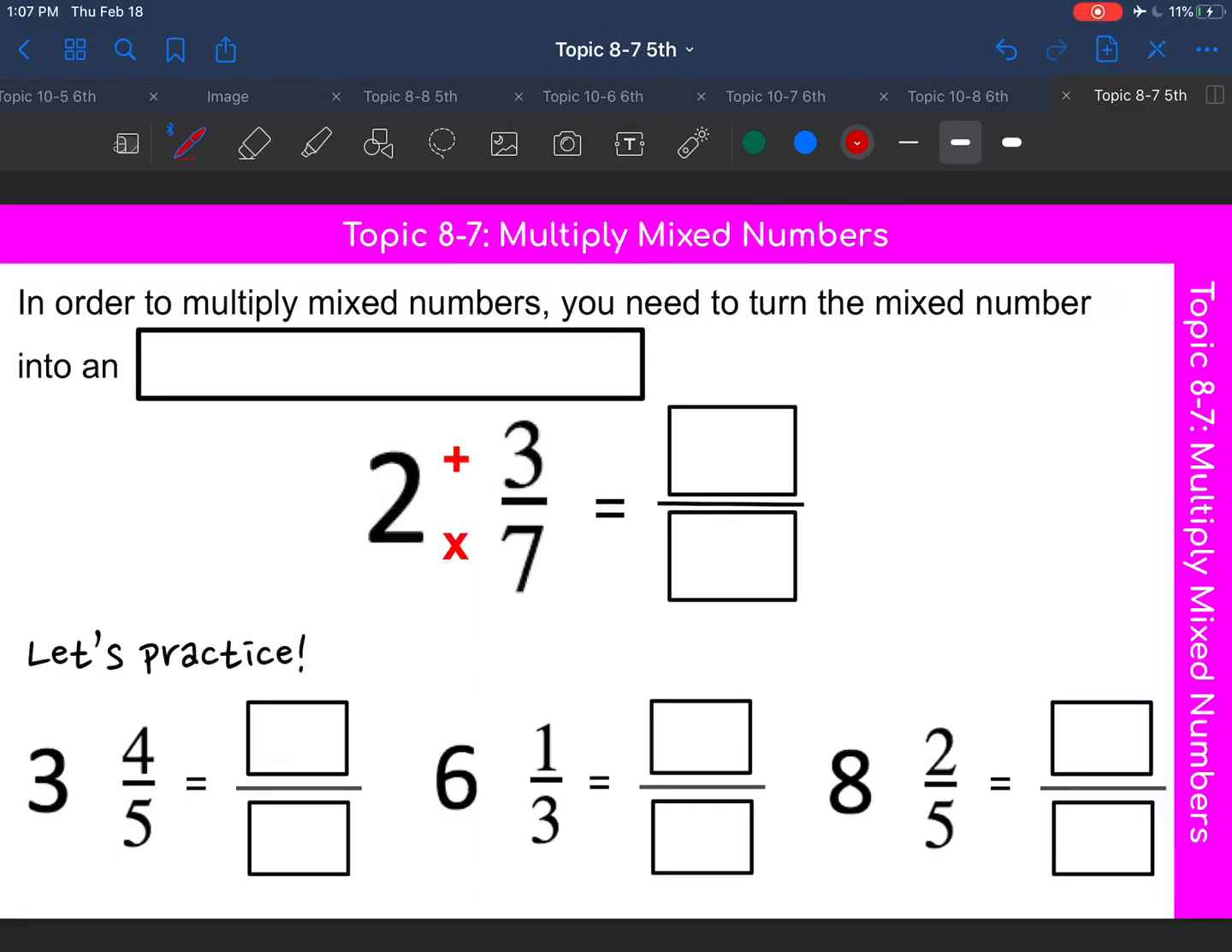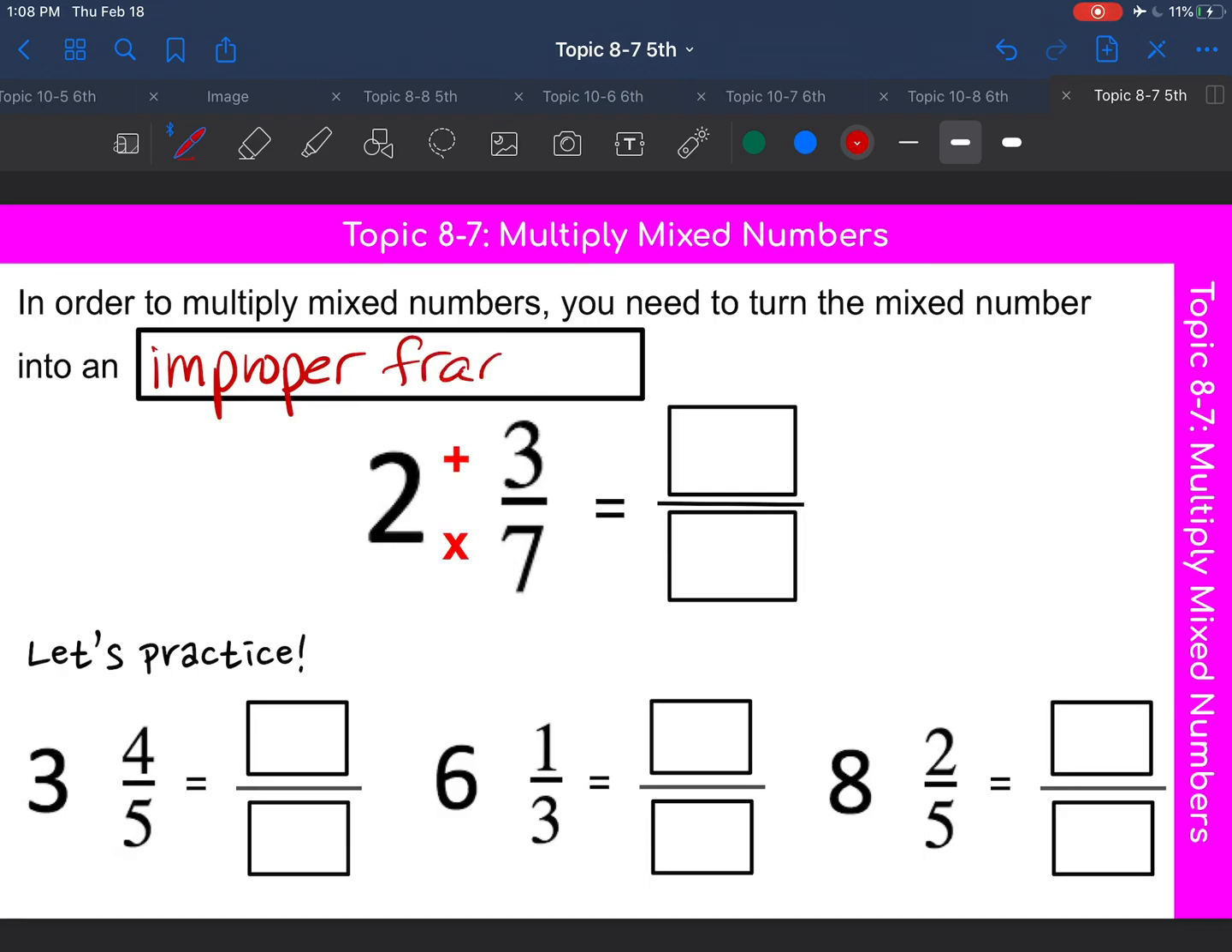Hello, sixth graders. We're going to continue the second half of topic 8 by talking about multiplying mixed numbers. Multiplying mixed numbers is very similar to the process of multiplying two fractions, where once you have the numbers, you just multiply straight across. However, there is one major difference: when you multiply mixed numbers, you cannot keep the fractions as mixed numbers. Instead, you need to turn the mixed numbers into an improper